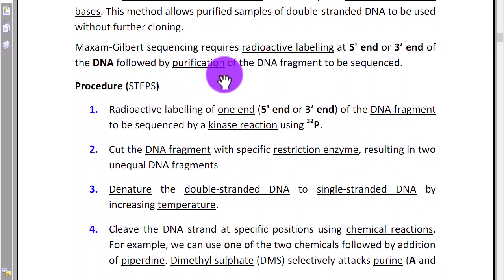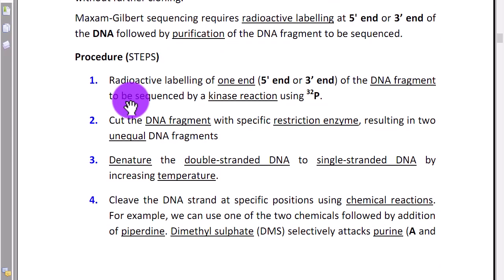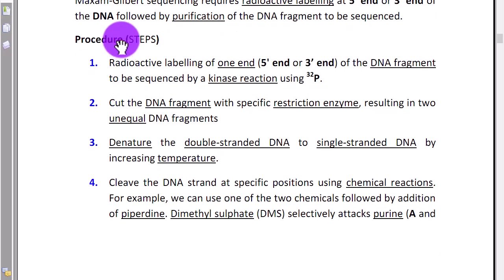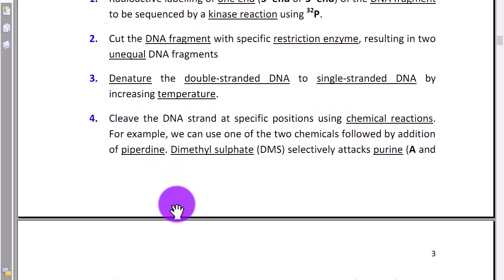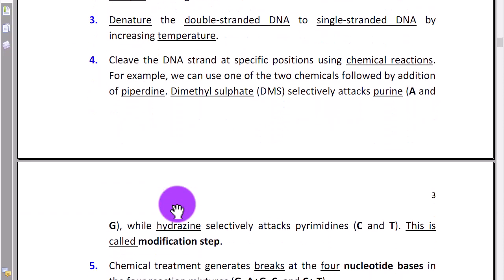Maxam-Gilbert sequencing requires radioactive labeling at the 5 end or 3 end of the DNA, followed by purification of the DNA fragment to be sequenced. And these are the steps: radioactive labeling of one end, cut the DNA fragment with a specific restriction enzyme, denature the double-stranded DNA to single-stranded DNA by increasing temperature, and cleave the DNA strand at a specific position using a chemical reaction. For example, we can use one of 2 chemicals followed by